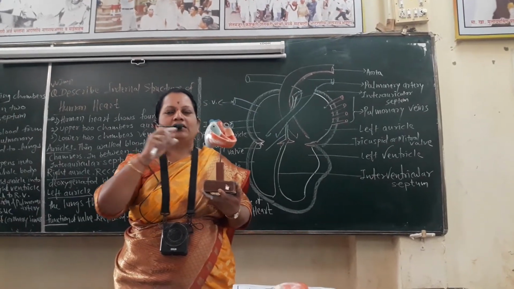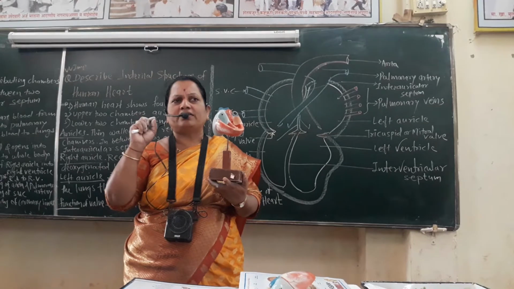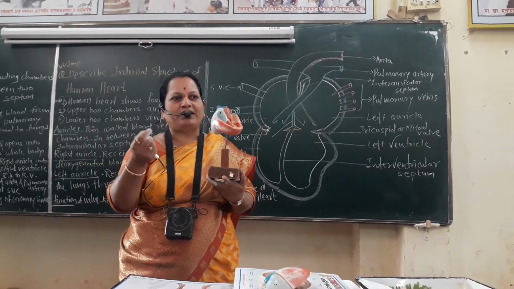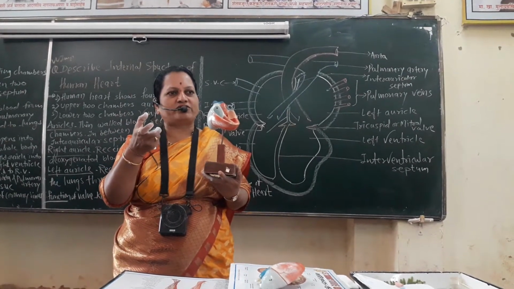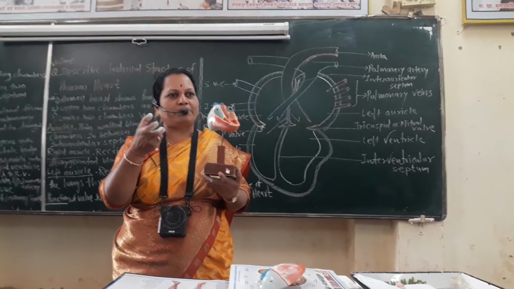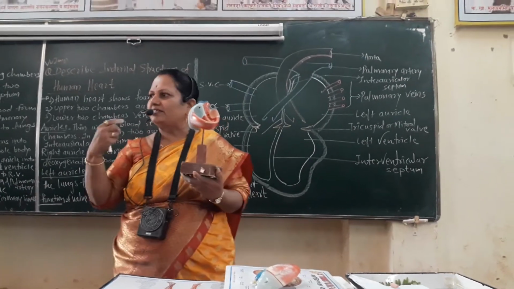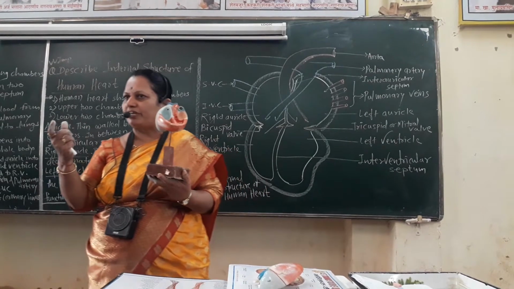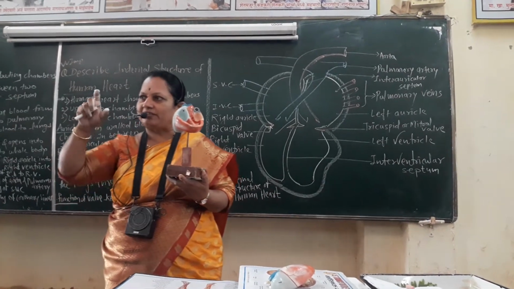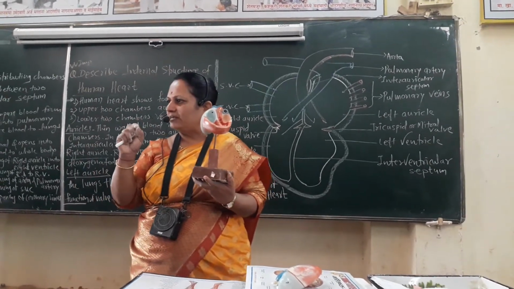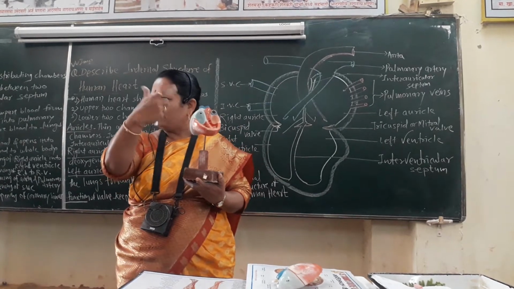The human heart is the most important organ, which supplies pure blood to the body and collects impure or deoxygenated blood from each and every part of the body. It supplies the impure blood to the lungs for purification or oxygenation, and then collects pure or oxygenated blood from the lungs and sends it from the heart to the body.